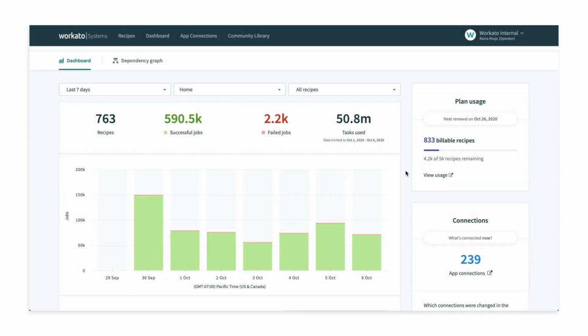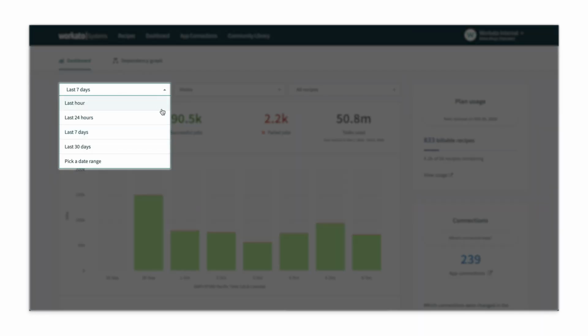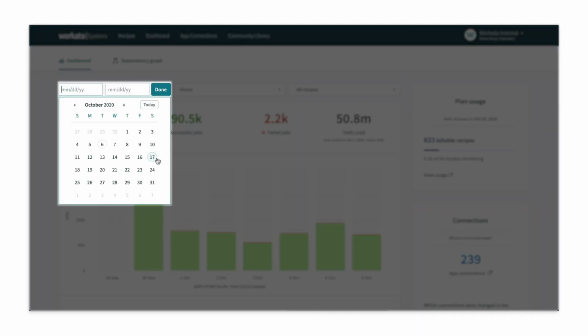You may want to take a look at trends from other time periods, like over the last 30 days to check if there are surges on certain days of the month, or over a long weekend to ensure there were no failed jobs. Using the filter on the left, select from the preset values, or select a custom date range